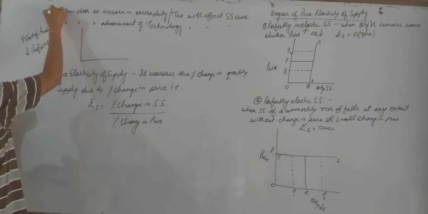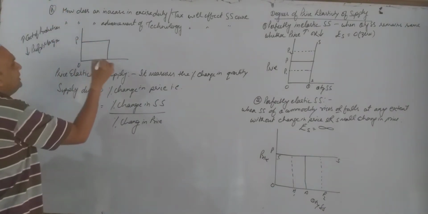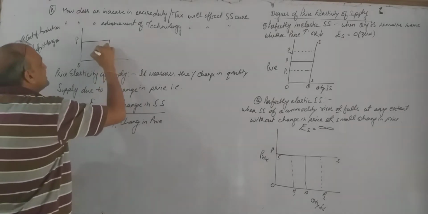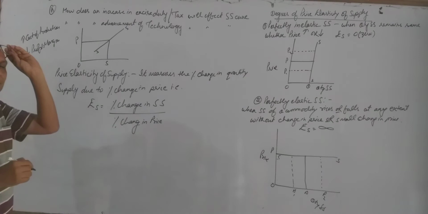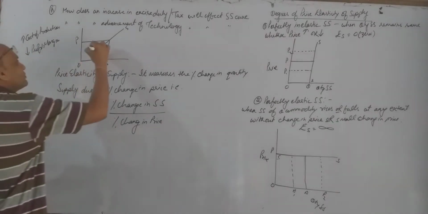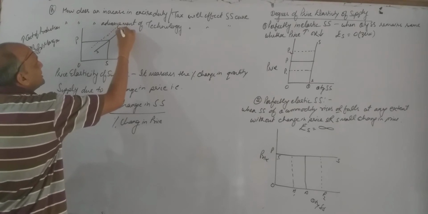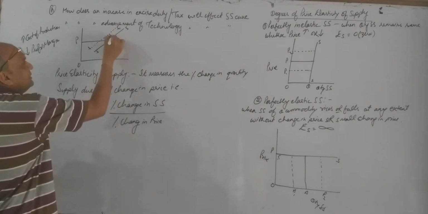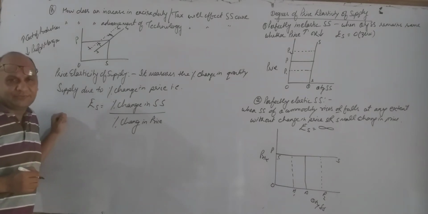This is case number A. This is my original supply curve, OP, OS, and this is the supply curve here, SS. And when my profit margin reduces, I will reduce the supply also. So it will take, my dear friends, which shift? Leftward shift, S1, S1. This is known as decrease in supply or leftward shift.